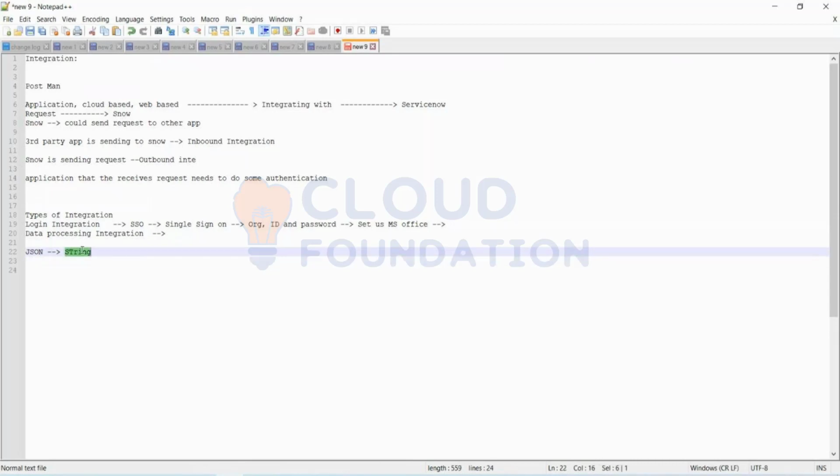That third party tool was sending a request to ServiceNow. What is the type of integration there? Inbound integration.